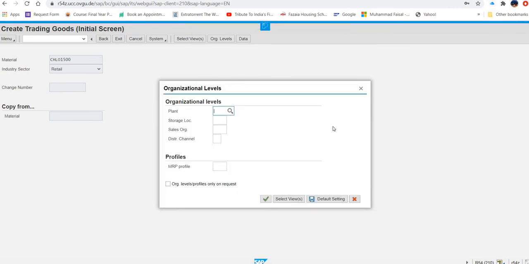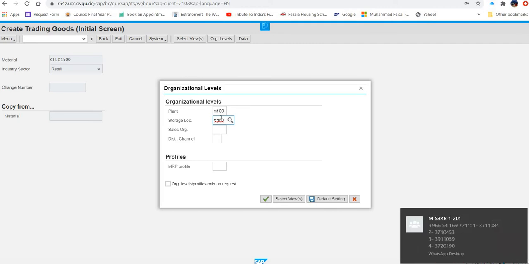Now once you click on this, you will appear with this screen, and in this screen you have to enter the plant, that is MI00, again capital small doesn't matter. Storage location, that is TG00, again capital small doesn't matter. So it is trading goods, that's why storage location also looks like trading goods.